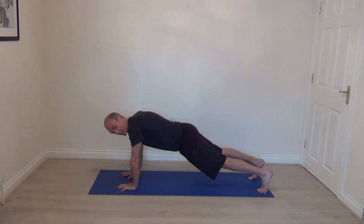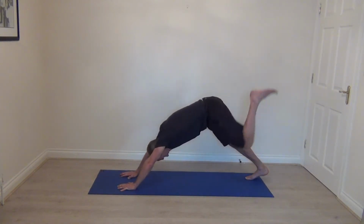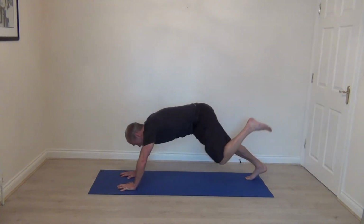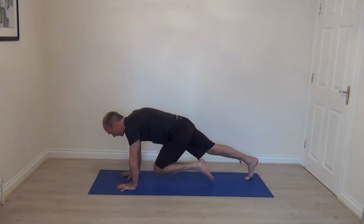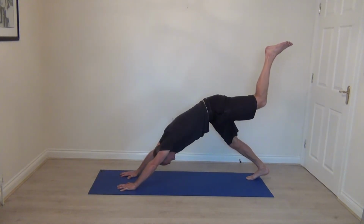Now from there we're going to take the hips high into a down dog, and I want you to raise your right leg in the air, and as you bring your body back to plank, bring your right knee straight through the center towards your chest. We're just going to hold that position. Bracing, focus on the head, take the legs straight back up into the air,